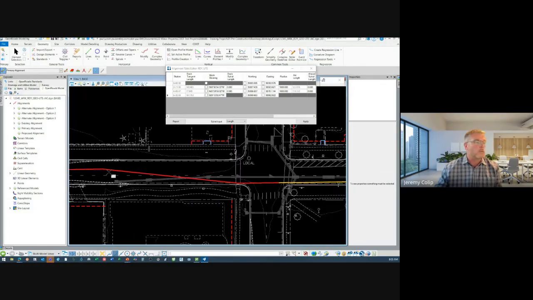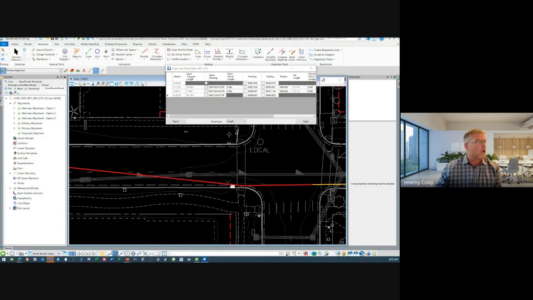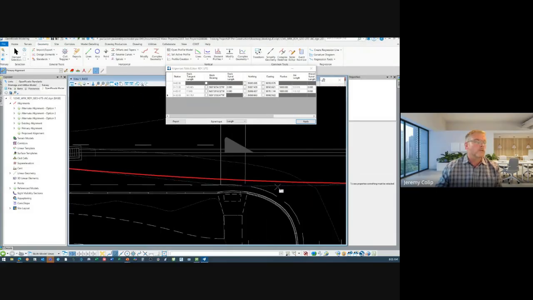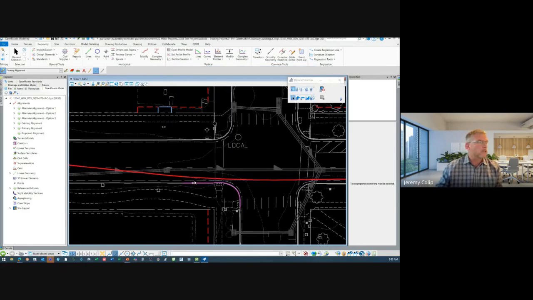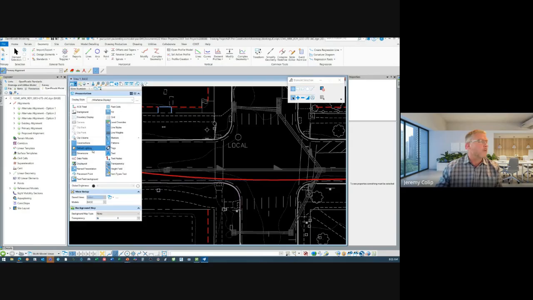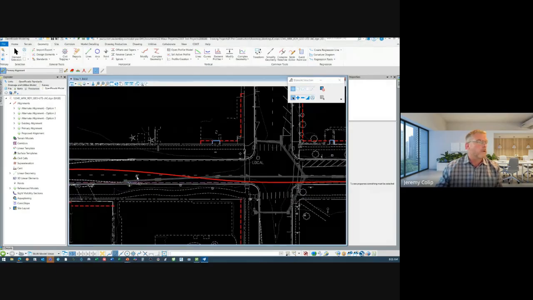And you can see what it's doing is it does that dash line and says, oh, okay, I want to do this. One thing I want to make sure is that it is on primary alignment still, because if I'm on a different feature definition and I click this, sometimes it'll put that arc on a different feature. So I'm going to hit apply, and you can see it went ahead and it moved up. Well, you can see my construction lines are still there. So with my construction lines still there, I can just go ahead and say, okay, I'm done with that. I'm going to turn those off. So now I can really just